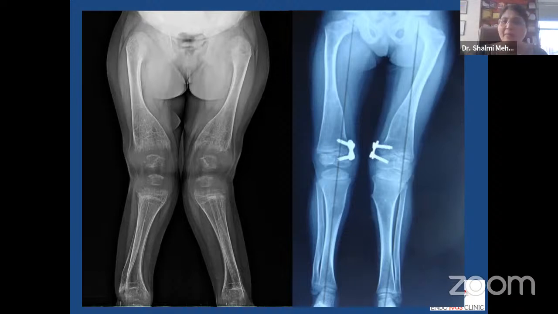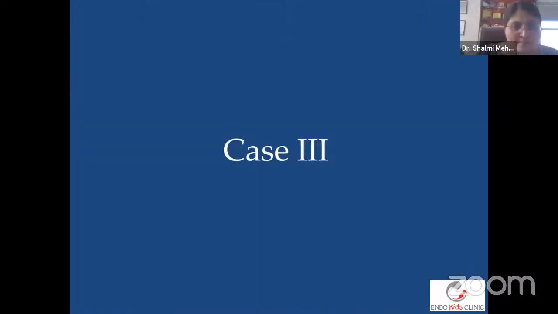If we talk about vitamin D dependent rickets type 2, where you have ample amounts of the active vitamin D, but it's not able to act on the receptors, that would be a much more difficult thing to manage. Sometimes you end up giving IV calcium also to these patients. So yeah, always involve us whenever you're dealing with those patients.